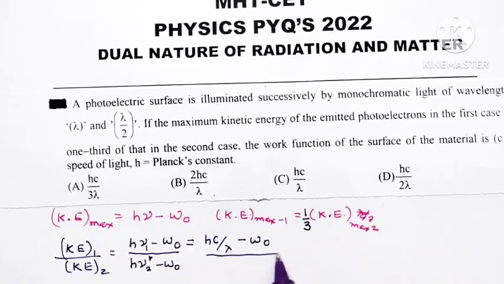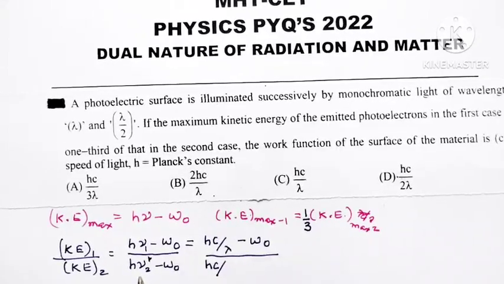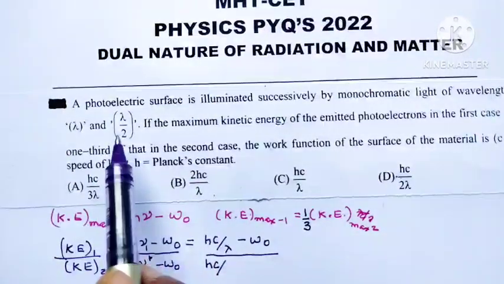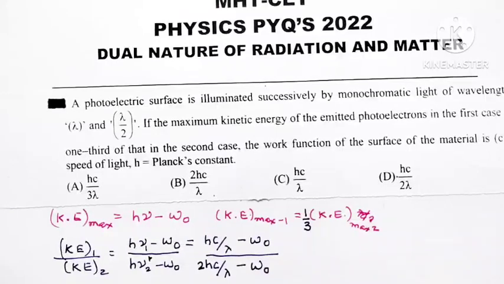So nu 2 is equal to c by lambda 2, that is hc divided by lambda 2, the frequency of incident radiation in terms of wavelength. But what is the value of lambda 2 given? In the second case it is lambda by 2, so hc divided by lambda by 2. Lambda by 2 means that 2 comes in the numerator, 2 hc by lambda minus the photoelectric work function omega 0,